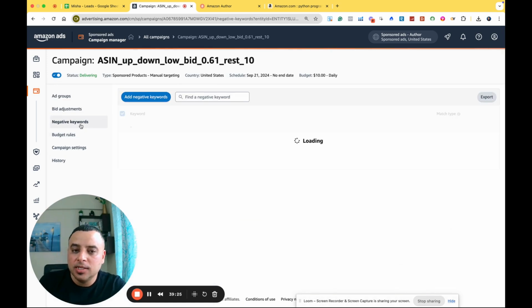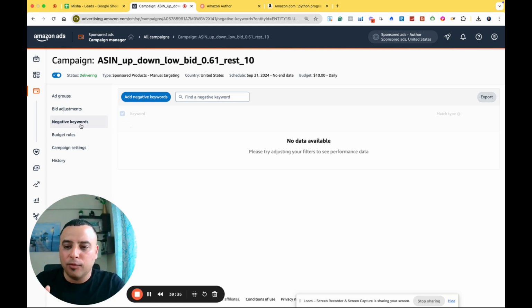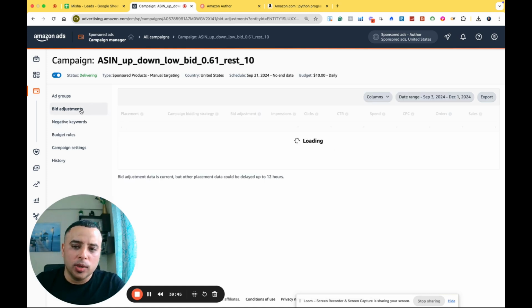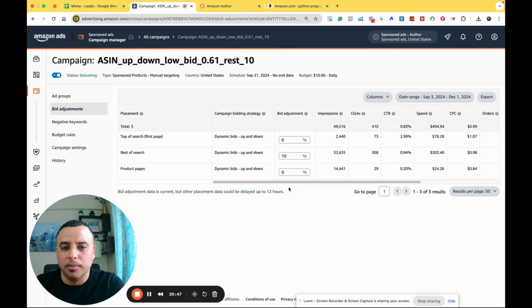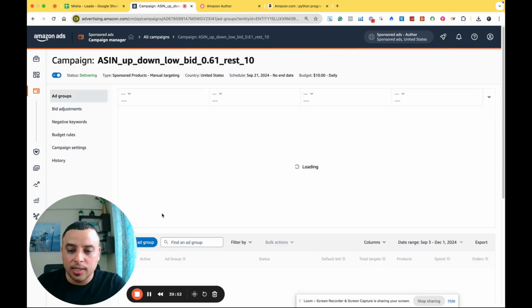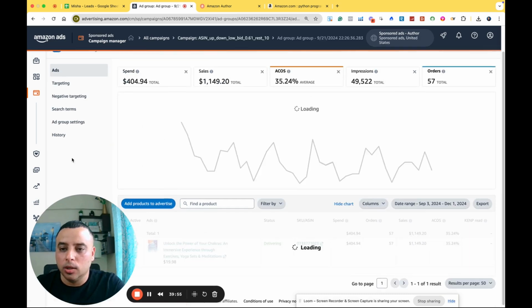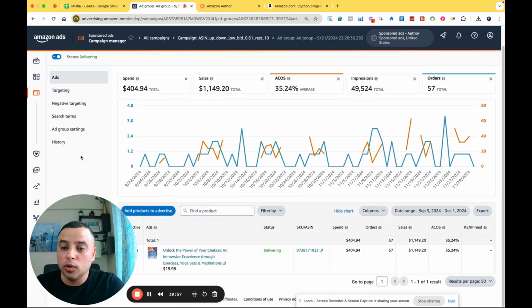If you have keywords at a campaign level, which you should usually do, because we are not creating ad groups, I don't have to go inside the ad group to create ad group negative targeting. I probably do it at a campaign level. You do that, and then you can also adjust the bid here itself instead of campaign setting, right? So that's there. And then you select the group, and now, if you want to understand